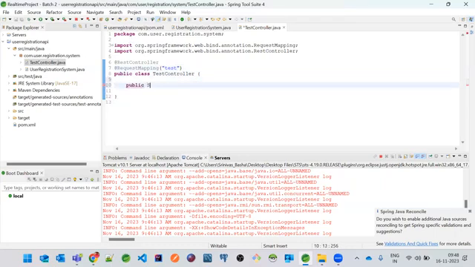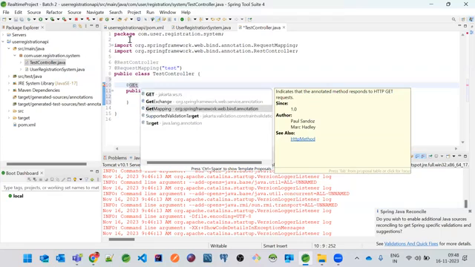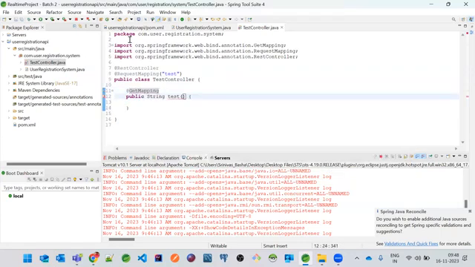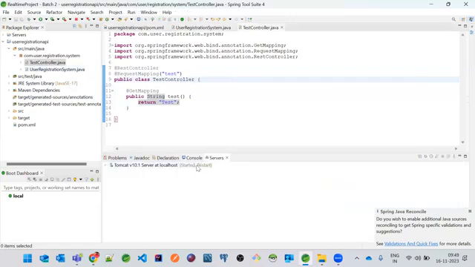So public String test. And here I just wanted to make this as the @GetMapping. And here I just wanted to return some text. That's very simple. Now we have all this. Now when there are any changes, it will ask us to restart.